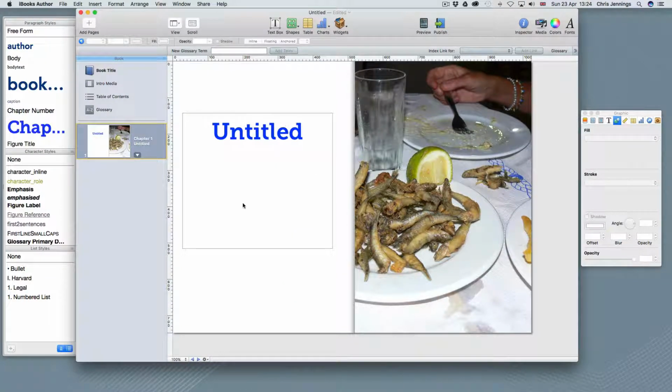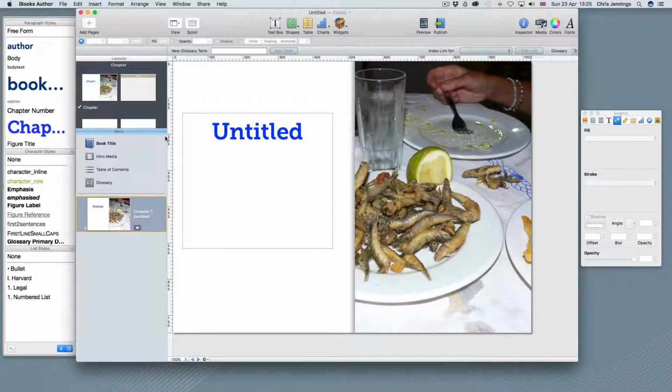Right, so now it's time to have a look at iBooks Author, and I've simply opened a template that I'm constructing at the moment. So this is a template, as you can see. I've got one chapter, which is a sort of placeholder chapter. If we want to make adjustments to our template, we do this through the Layouts panel, which is very similar to the master pages in InDesign. So if we just pull this down here from where it says book,